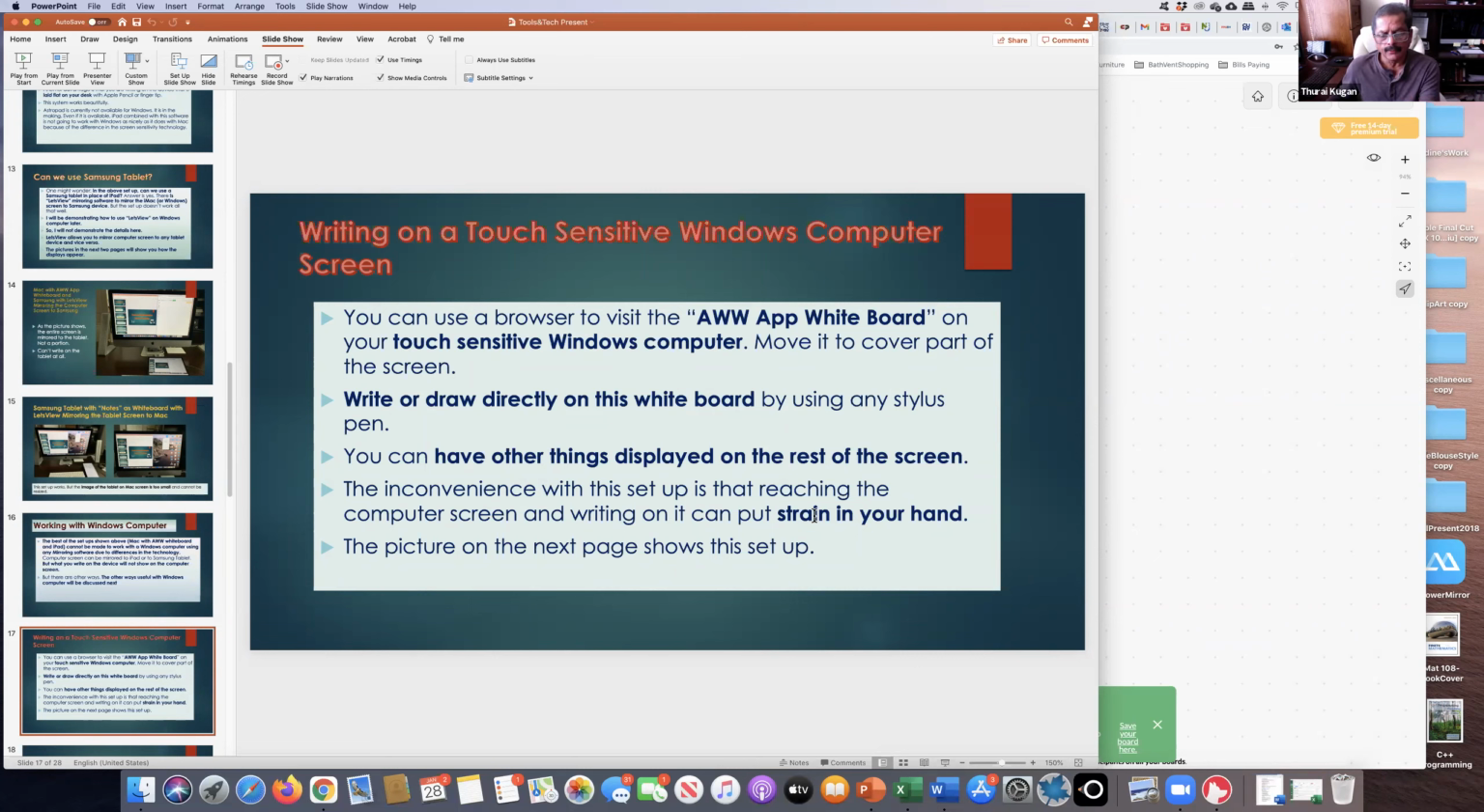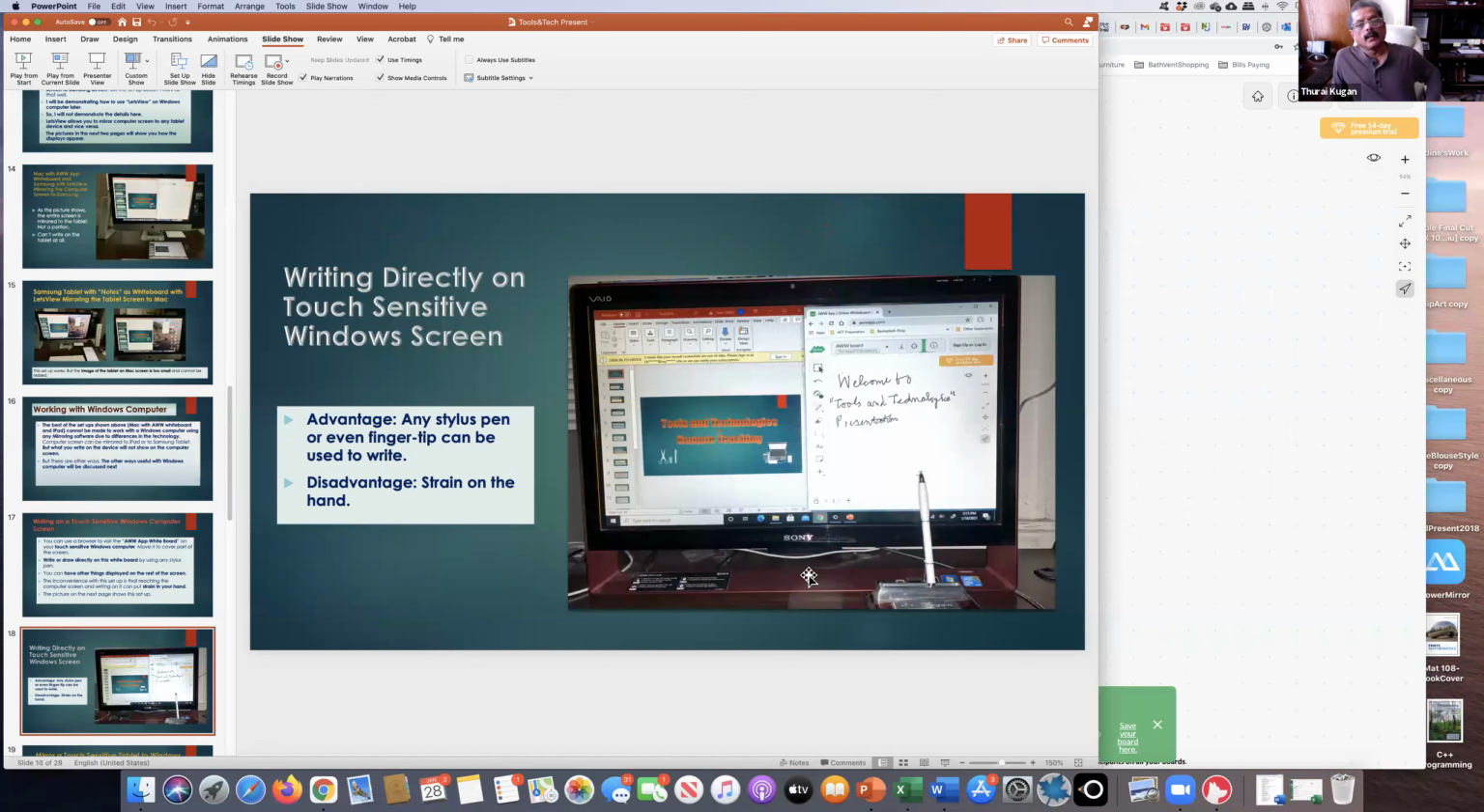Some of you have the Windows computer that is touch sensitive. You know, the Windows computer comes in touch sensitive screens, and so some of you may have that. If you have that, you can write on that screen. So here's that setup. Have your presentation on the left half and have the AWW app whiteboard on the right half. Then you use